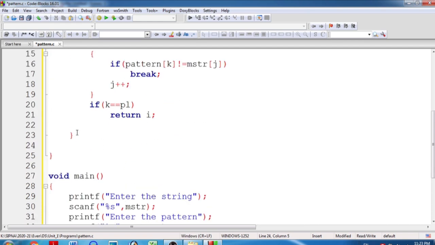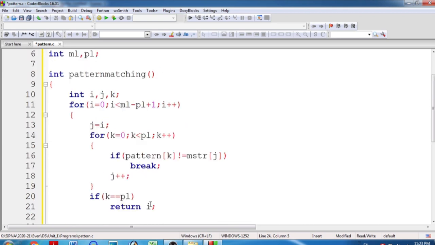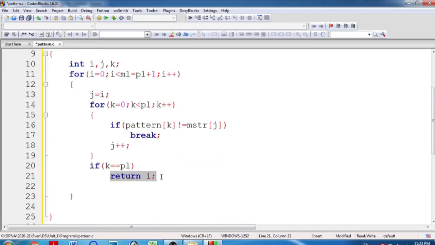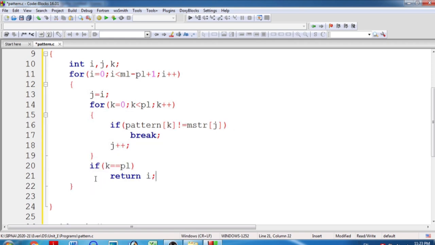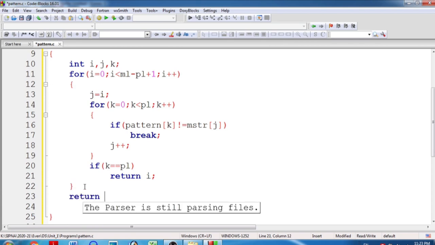Now suppose this return is not executed, which means this condition has not occurred. That means we have checked all the substrings and no substring is matching with the pattern, and that's why we will return -1.